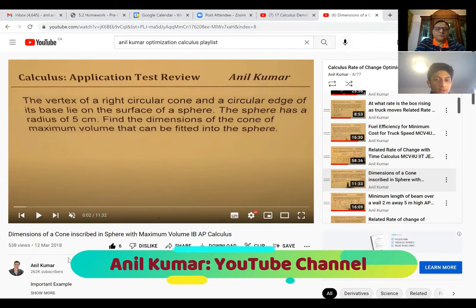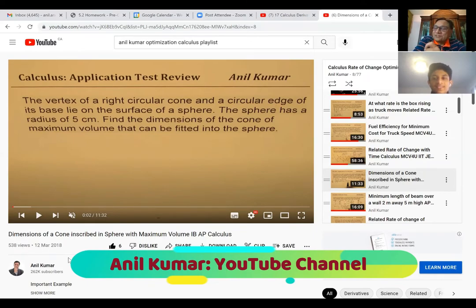Find the dimensions of the cone of maximum volume that can be fitted into the sphere. Right. So what is within what? So, sir, it says that the right circular cone, sorry, the sphere is within the right circular cone. Okay. So the vertex of a right circular cone and the circular edge of its base lie on the surface of a sphere. The sphere has a radius of 5 centimeters. Find the dimensions of the cone of maximum volume that can be